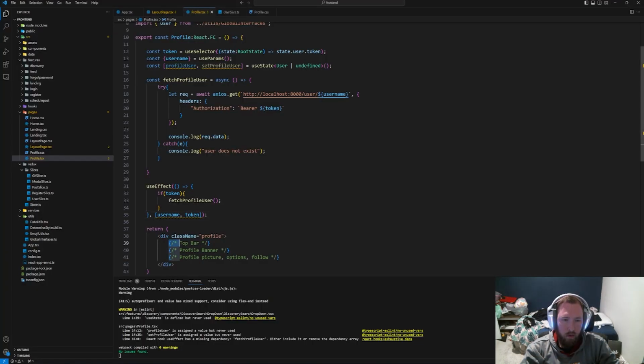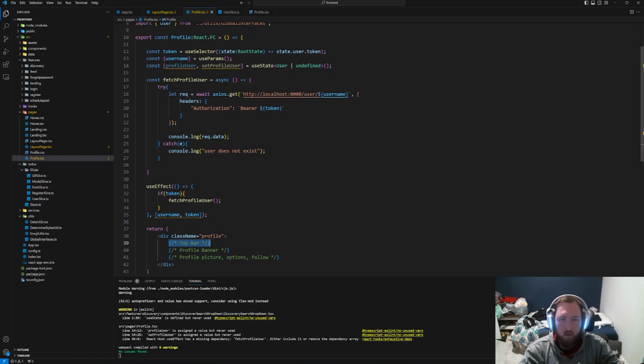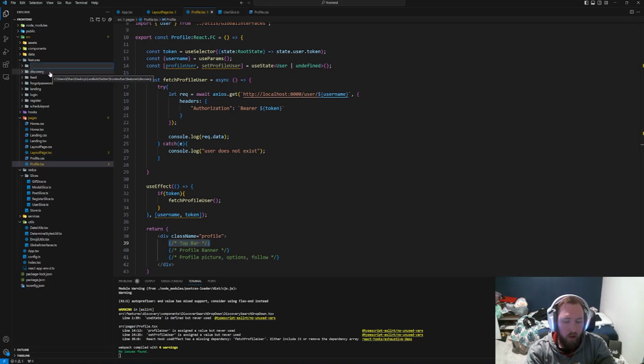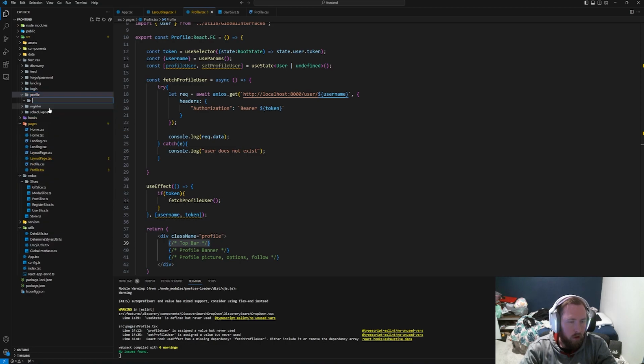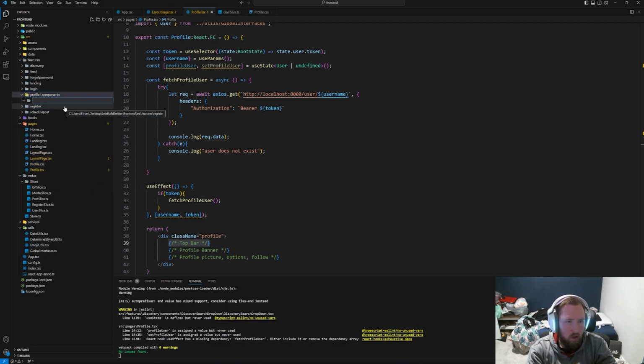So the first thing we want is the top bar. The top bar has like an arrow pointing backwards that takes us to the home page, and it has their username and then if they're verified, anything like that. So let's go into our features, make a new folder, go ahead and call this profile. I don't think we have a profile yet. Make a new folder, call this components, make a new folder, and we'll call this top bar or profile top